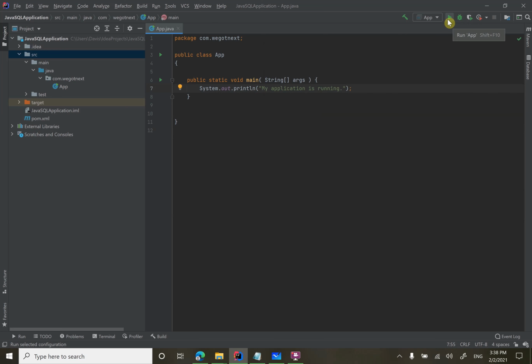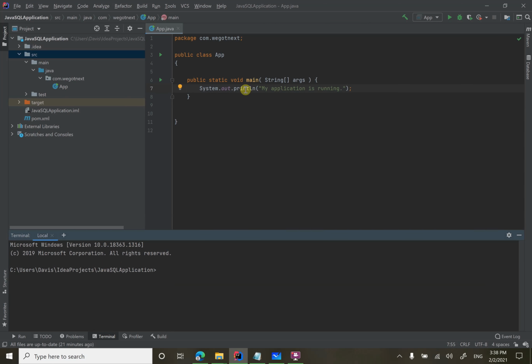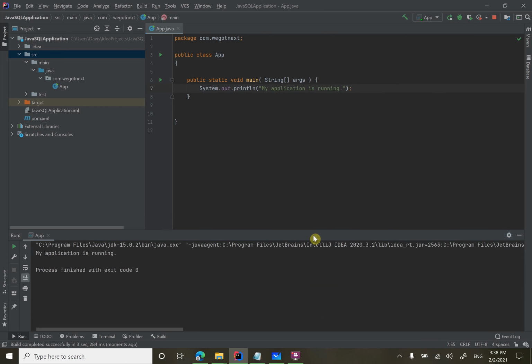Cool. Now, in your IDE, in the IntelliJ IDE, somewhere there is a run button that you can use to run your application. Down here, we have our terminal, because anytime you do the system.out.println messages or any type of log messages, it's going to show up in your terminal. So make sure your terminal is open for your IDE. You're going to click run. And as you can see, it runs everything, and then the output is my application is running. So that's what happened. Your application can run using this void main